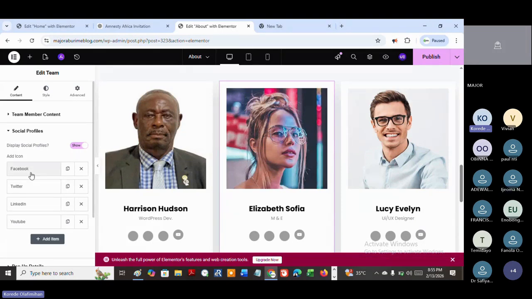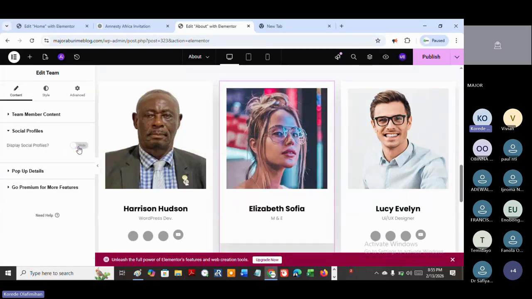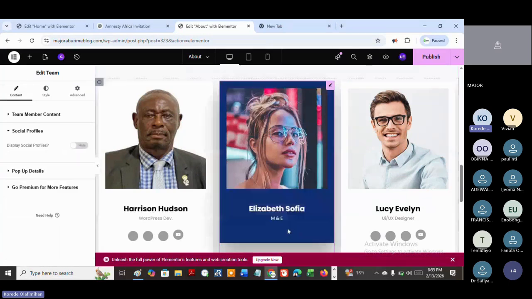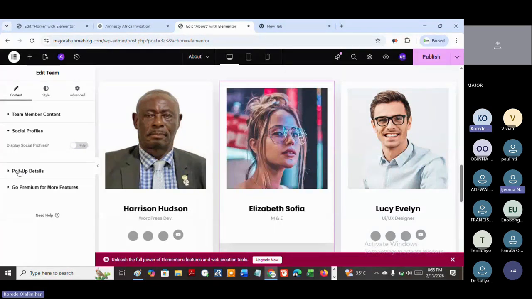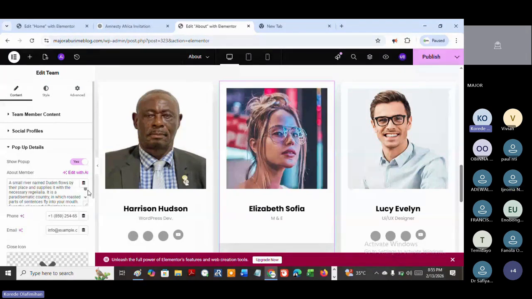If you don't want to include any details, you can just switch it off. Right now it's show, but I can just uncheck it. You can see it, and show social media profile goes off, so there's nothing there. Then the pop-up details, we click on that. All those pop-up details, the bio and everything, this is where you can now make those necessary